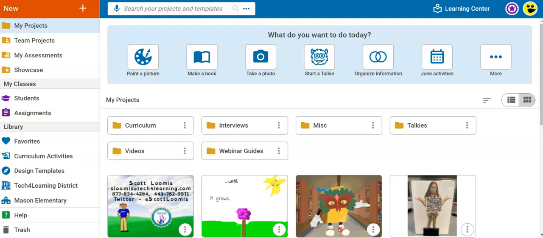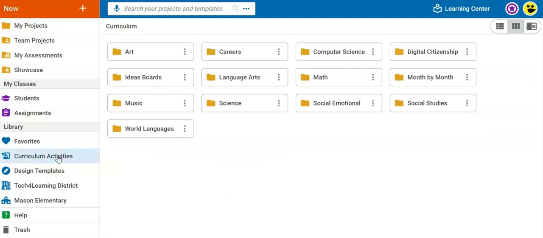In Wixie, teachers can assign an existing, customized, or a template they have created on their own to their students. After accessing your Wixie account, you can locate pre-existing templates in both the curriculum activities and design template sections. After opening the curriculum activities folder, I see multiple folders which I can explore or utilize the search feature at